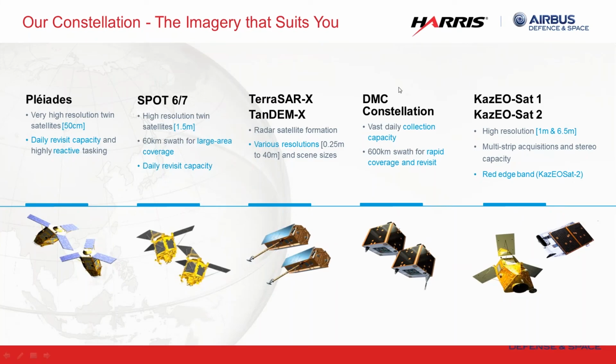We have an overview of the constellation here. Pléiades is very well known. It's our high-resolution system. The nice thing about our constellation is that we basically have 4 sets of twins. It truly is a real constellation. These are identical satellites. Pléiades 1A, 1B, they're twins, same with Spot 6 and 7, and same on the radar